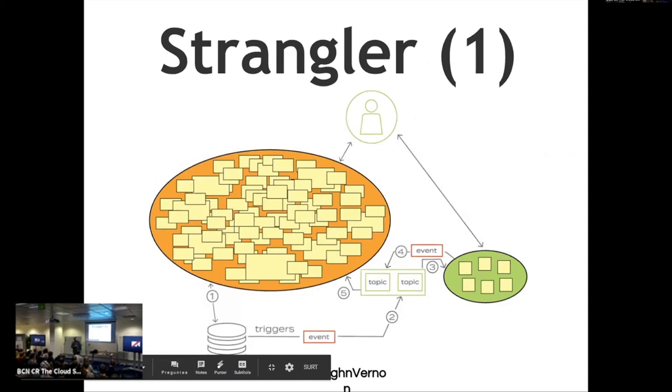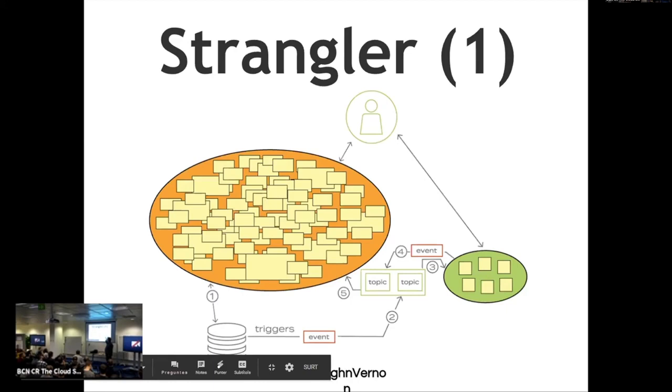We can reach an event-driven approach if we strangle the big ball of mud. So this is a slightly different approach where we start picking off pieces of the big ball of mud, and maybe extract some of the parts of the big ball of mud and move them into a bounded context microservice. But how do we do that? So one approach is we set triggers in the database. We create triggers in the database that when tables have inserts or updates in them, we can trigger to create events that are put onto a topic, and when the event is seen by this microservice, this bounded context,